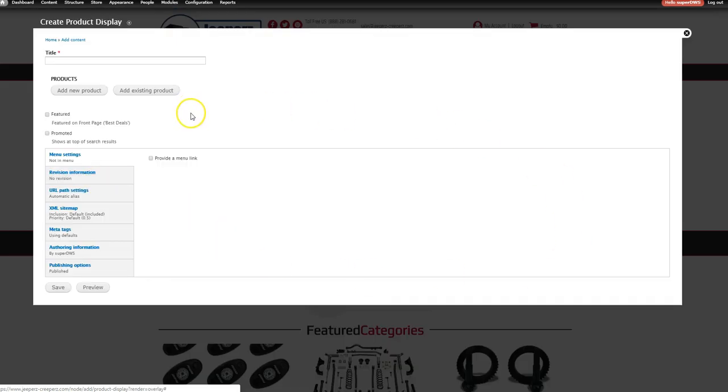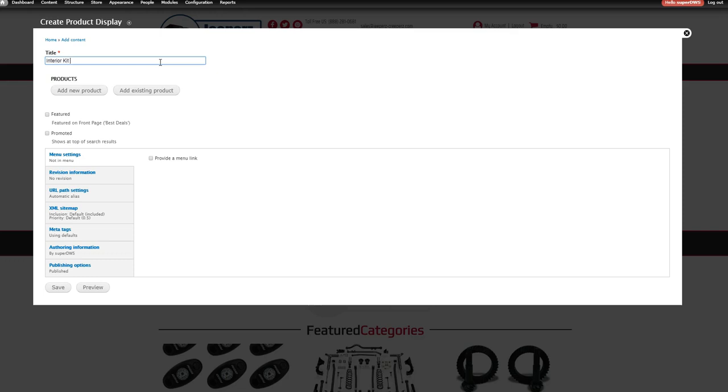And then in this page, this is the product display, the wrapper, you could say, for all of your products. So the individual product itself, the variation, is going to go in here. If you're unfamiliar with the difference between a display and a product variation, pretty much, let's say the display is the front end, what your user sees, and then the product variation is all the information for the product. So if, for example, you have interior kits, multiple colors, so let's say you have a gray one and a black one,